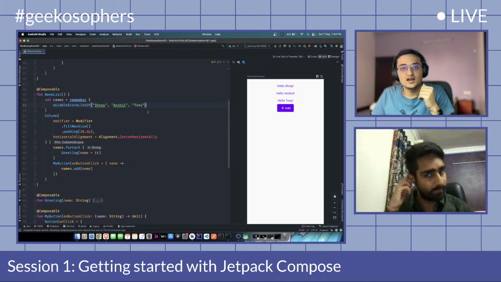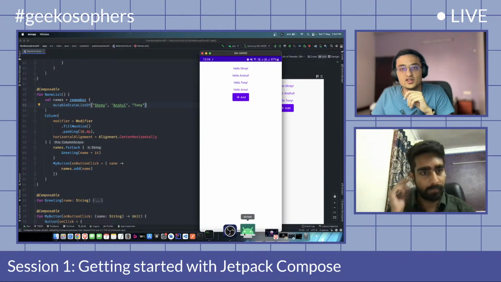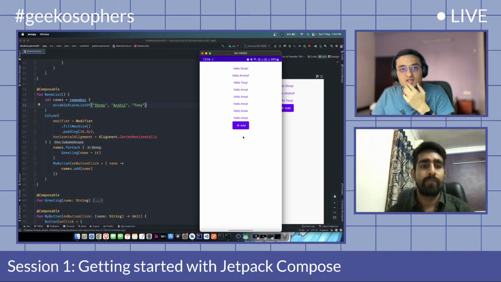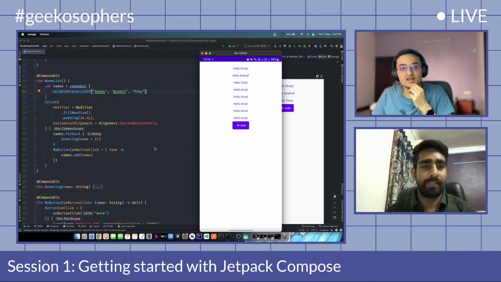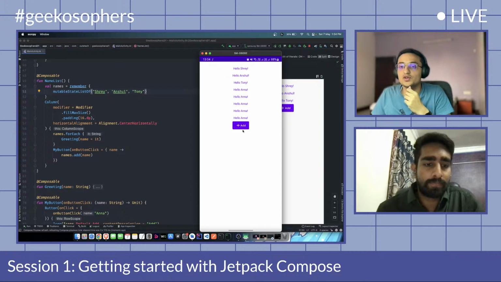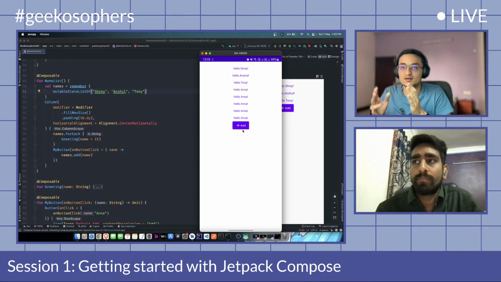So that's why a name was added, hello Anna, and we can keep on adding it. So basically, that's it. If you had to do it the older way, you would have to have a recycler view, because their XML layout you cannot change afterwards. Or if you still wanted to do it the old way, you would have to have a list view